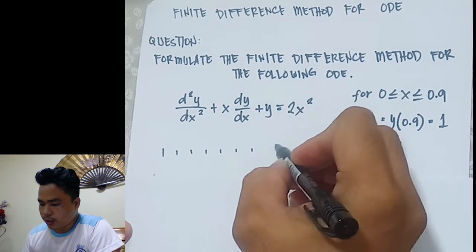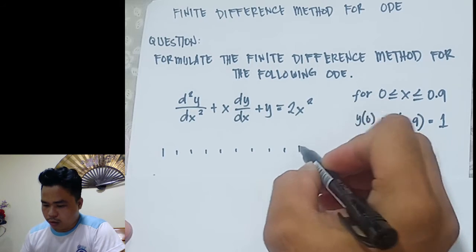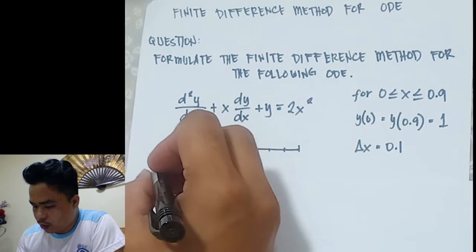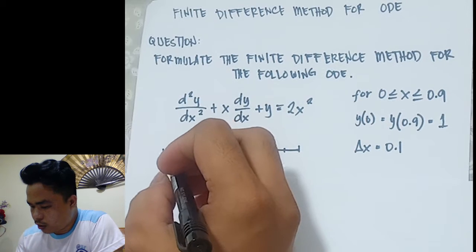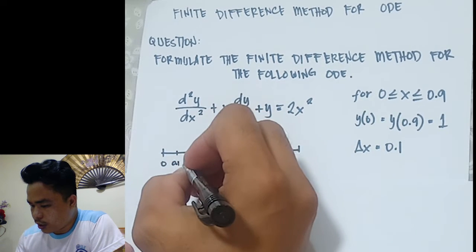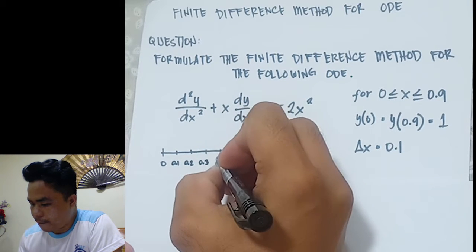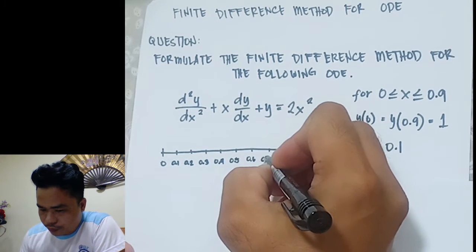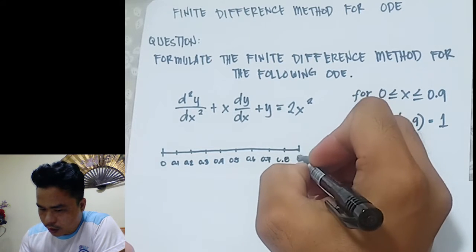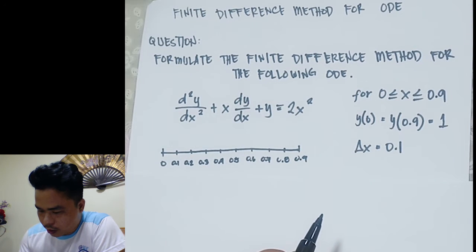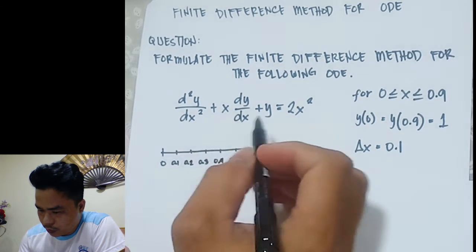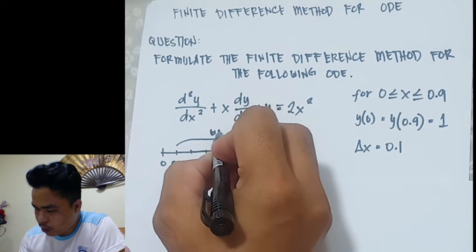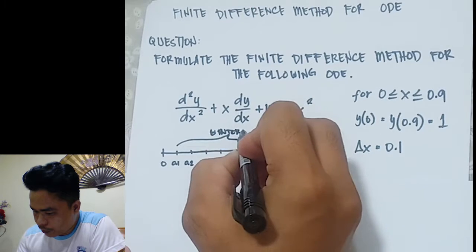From the start, 0, and we have 0.1, 0.2, 0.3, and 0.4 to 0.9. And they have 8 internal nodes,